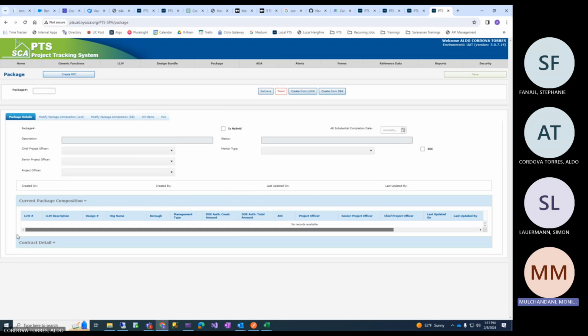If you've created a D number, it'll again show the LLWs that are part of that design bundle which you used to create. Whatever are the LLWs in the package, irrespective of how you created it, it shows you the LLWs that are in the package and attributes associated with it.